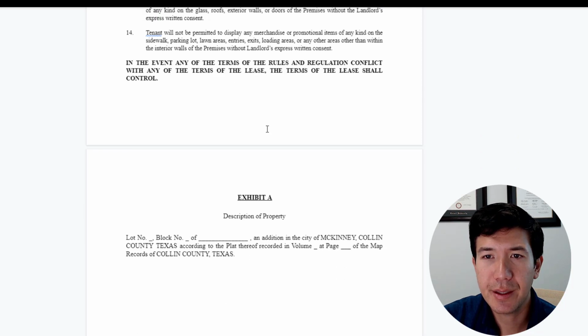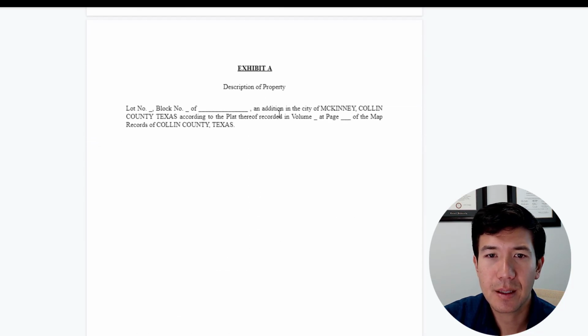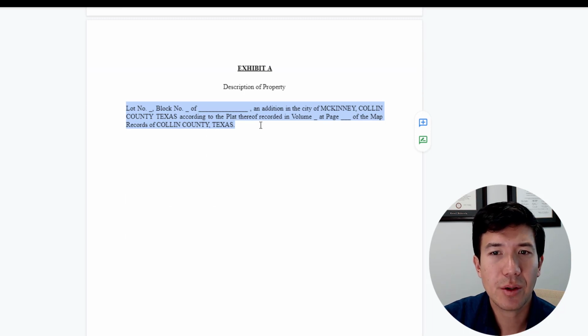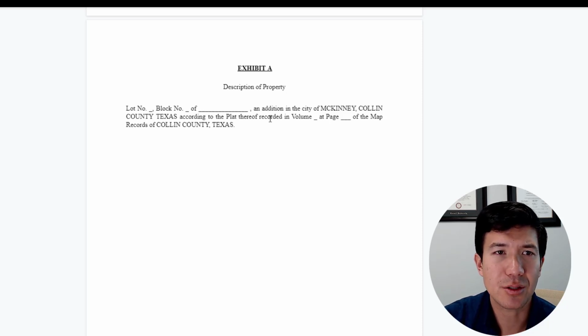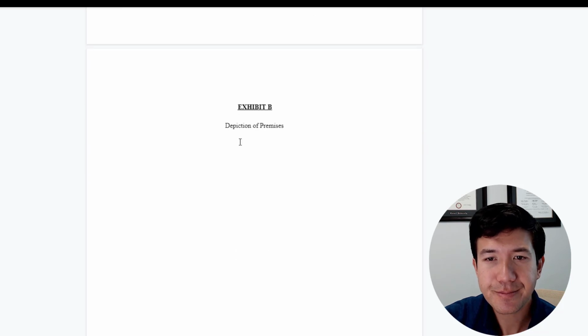Again, signage, any of these things. Description of the property, again, this is where you're going to want the legal description. It's really critical that you have it match exactly what the real property is, and it can be confusing if you have just a street address, or if you're in an industrial park and there's a lot of buildings, it's not really clear what the address is, or they could have multiple addresses on a building.